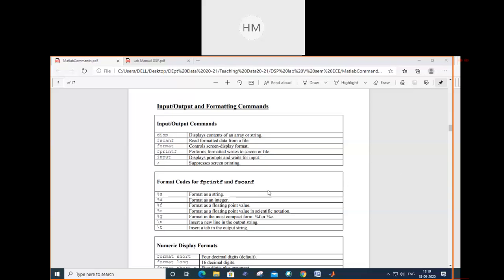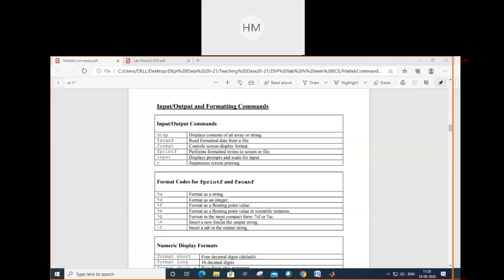Okay, format for printf and scanf. We all know if I want to print or perform a scanning operation, I will use %s for string, %d for integer, %f for floating point values. If I want to insert a tab in the output string, I will write \t.